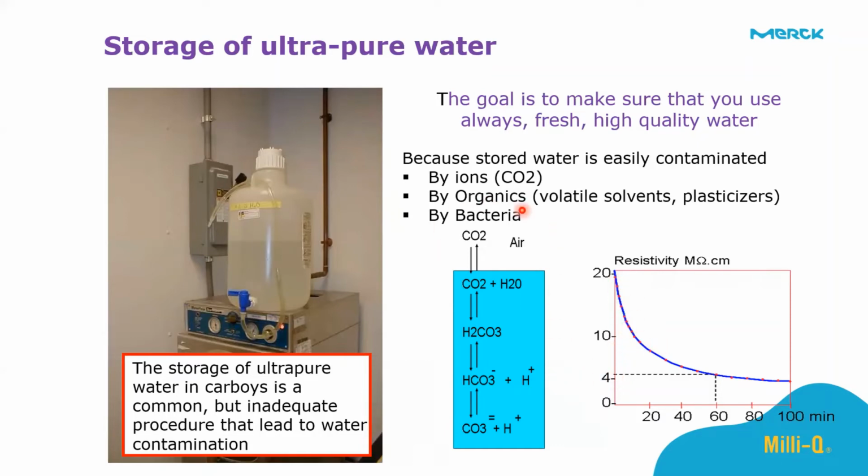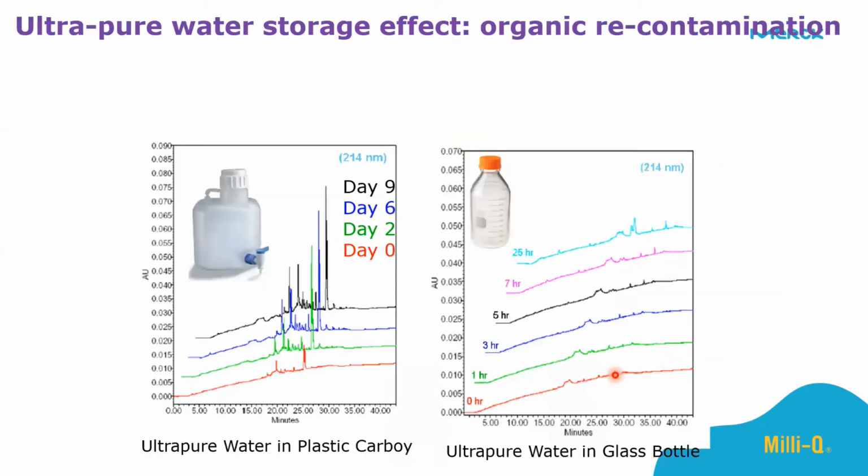And normally what happens, you have carbon dioxide in air that is dissolved in this highly soluble solvent, that is water, type 1 water. So very aggressive, and you'll have carbonic acid, which will, of course, cause the resistivity of this water to go down. So really, just to mention again, type 1 water or ultra pure water should be freshly prepared and used immediately to avoid that. And of course, it also depends on where you store this water.